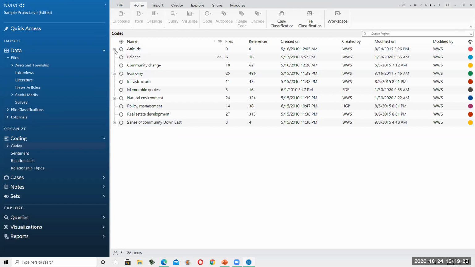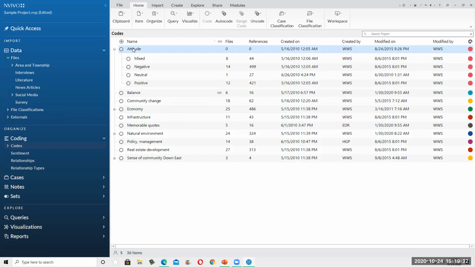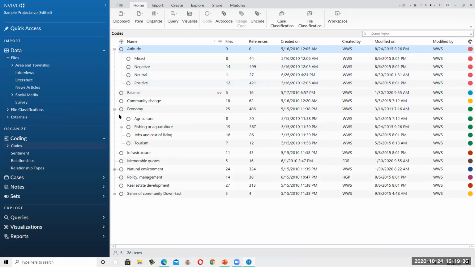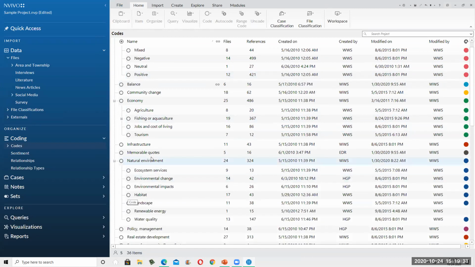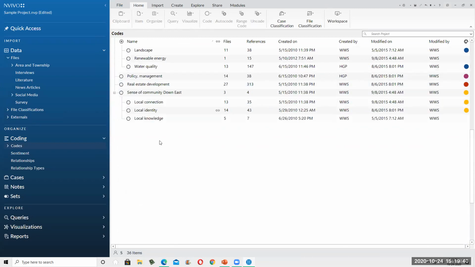As you see, they have created codes like attitudes. Previously they were called notes. It is a code now. Under the code, there are child codes or subcodes, as you see. We want to create something like this. How can we create it? For example, I have read the literature and I passed through